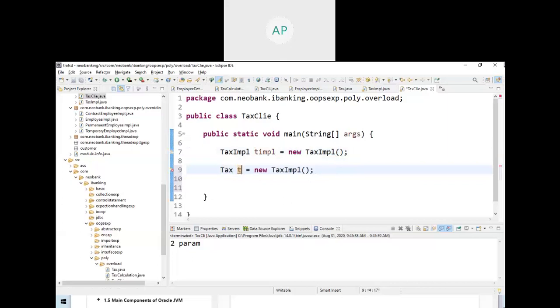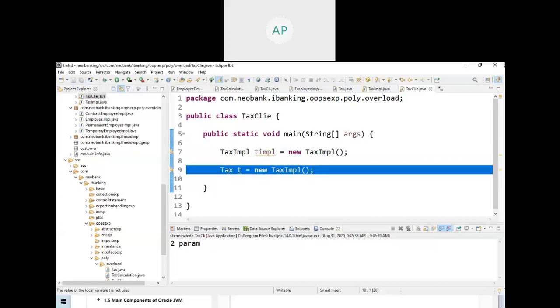Here you can make it Tax. This also works. So what is the difference? Here you are using the class name as the type; there you are using the interface name as the type. Always you should go this way. This is the right way, except for a POJO class.